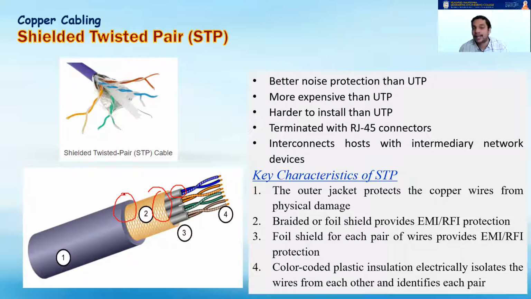It is quite bulky and very expensive, but it is actually best suited to environments that are harsh, where you might get abrasions or something which might affect the cable. In those cases, we go for STP. And if you see, we usually call it mesh or foil, and this actually saves these cables from EMI and RFI.